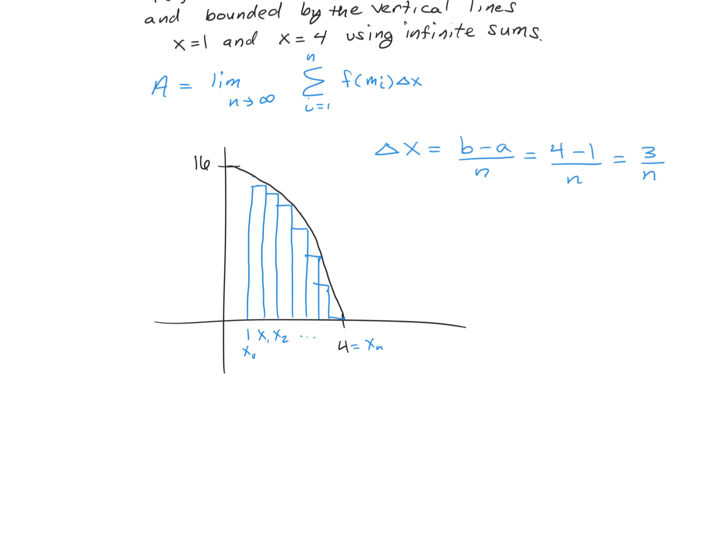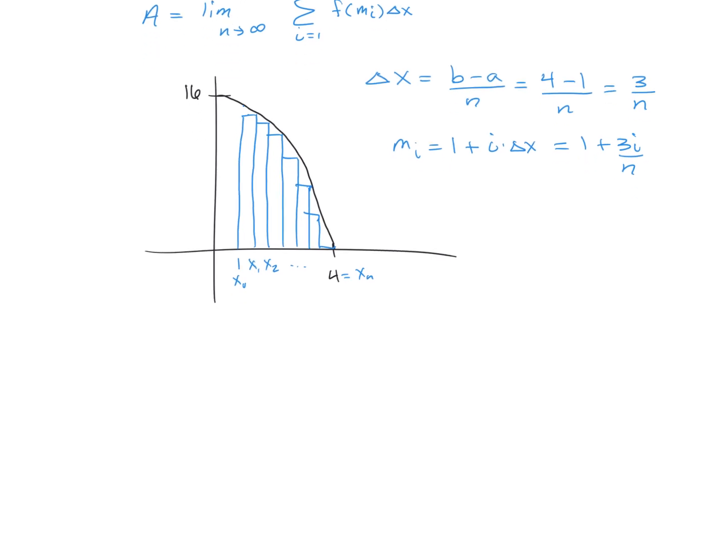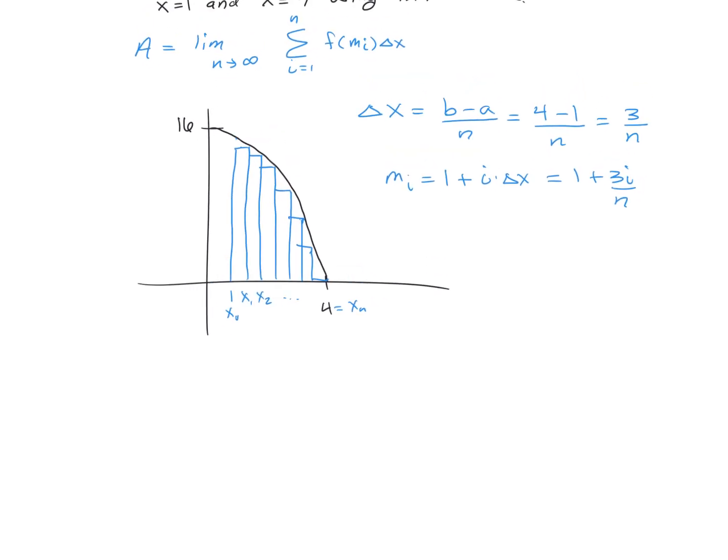Now we're going to figure out how to get to each of our m sub i's. Because our function is decreasing, the m sub i's will be 1 plus i times the delta x, which is going to be 1 plus 3 times i over n. So we're going to substitute these two quantities into our limit calculation and then algebraically work everything out as far as we can. My area is going to be the limit as n goes to infinity of the sum